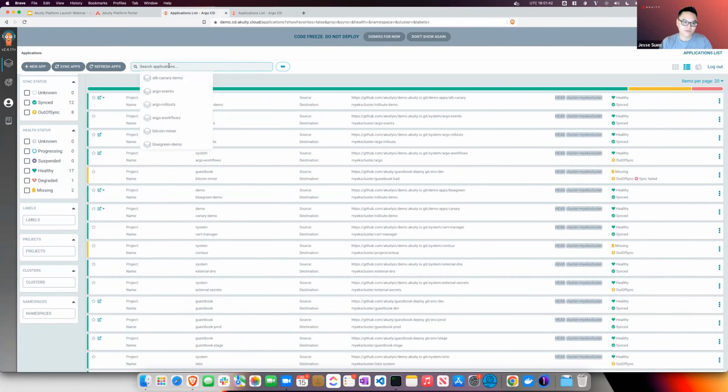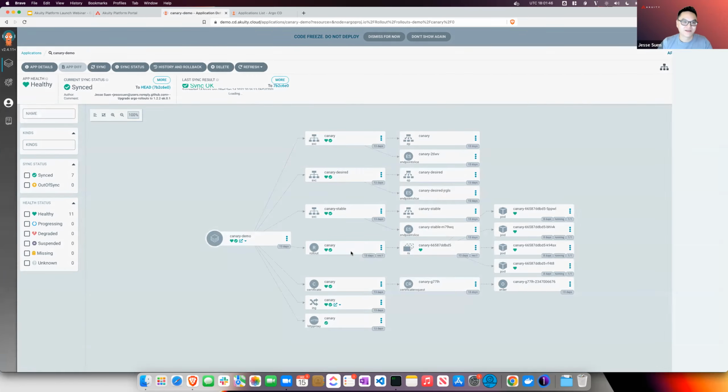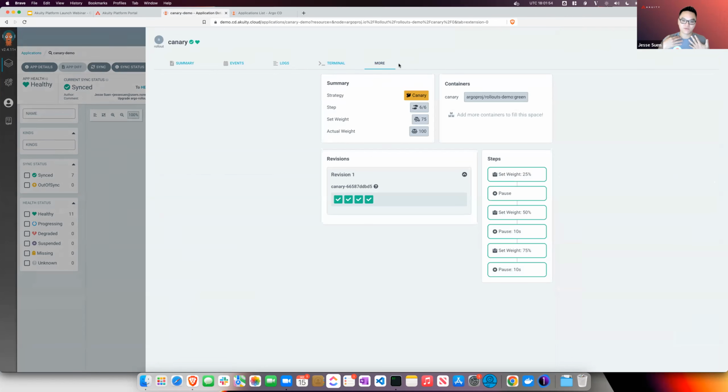Yeah. Maybe the best way to illustrate this is to look at one. I mentioned the rollout extension was a good example. A rollout has interesting ways to know what's going on. For example, a rollout itself has a set of steps it goes through as part of an update. In this example, I increase the traffic weight to 25%, then wait, then unpause it, and then it goes to 50%.